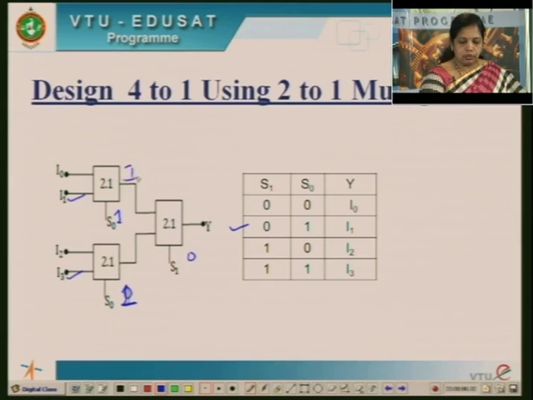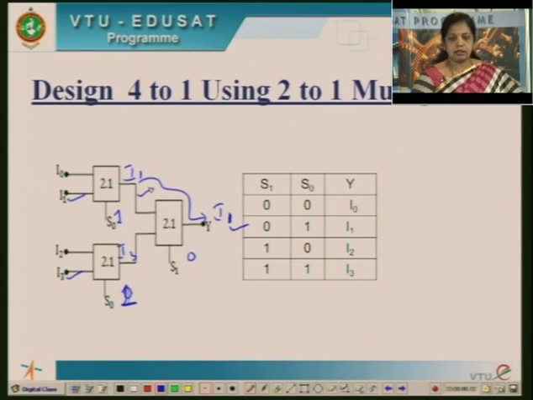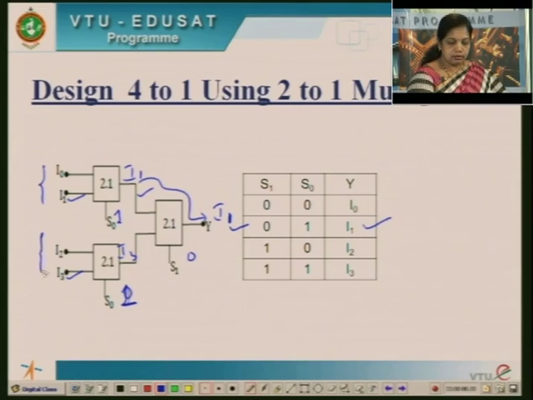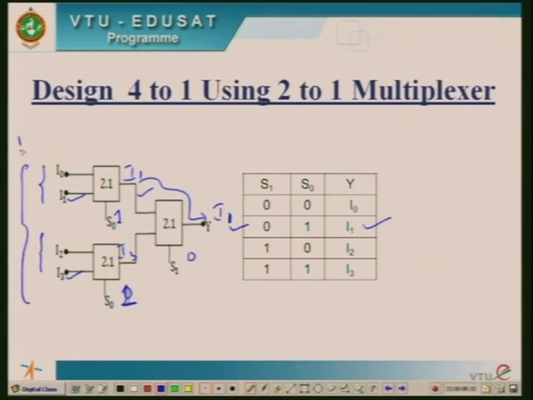So at the output side you have I1 over here, I3 over here. When it comes to this mux, S1 is 0. So you are going to get output as I1. This is selected. This is how you are going to generate using 2:1 mux. So totally it will be 4:1 mux operation.